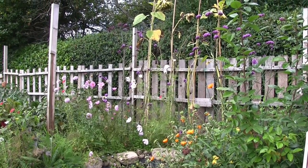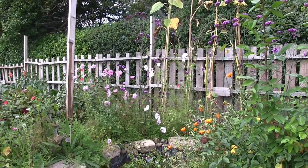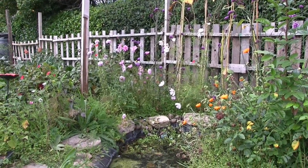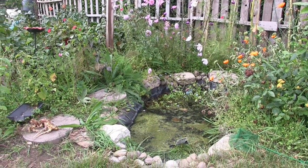But I put a packet of wildflower seeds down there. I'm just not pleased with how it's turned out, because obviously they grow with the weeds. I don't know what's weeds and what's not weeds, and it just looks a mess and I'm not happy with it. So at the end, when all the flowers are gone this year, I'm going to dig up